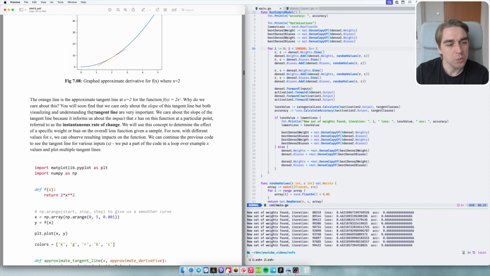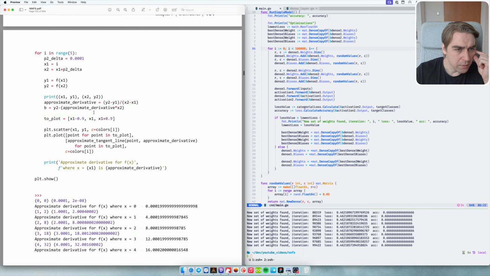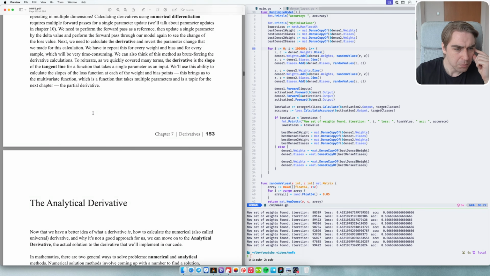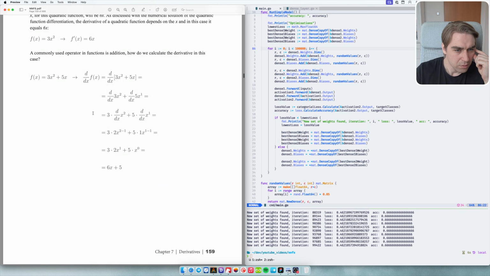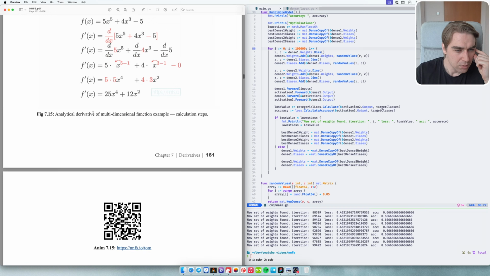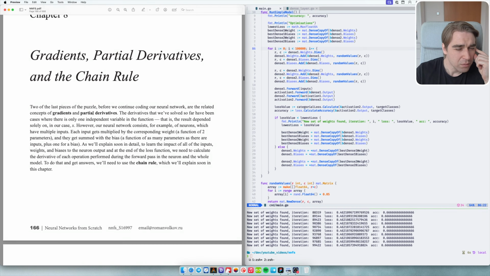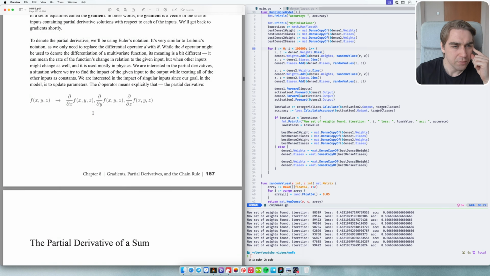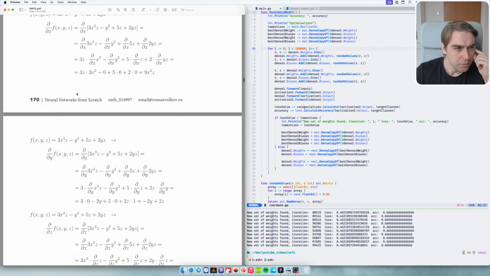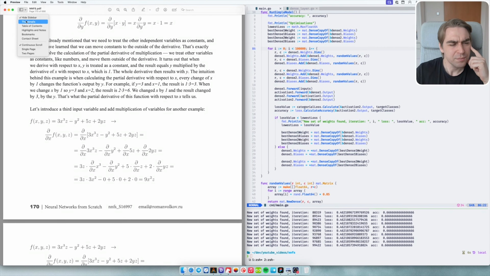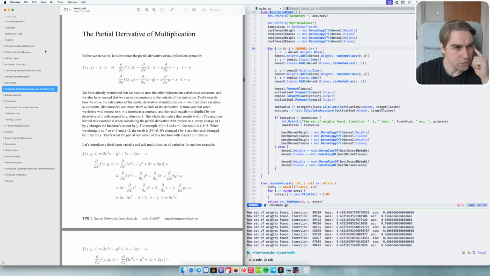Unless we use some of these functions later, then I will implement some of them, but it's mostly just math and gradients, partial derivatives, a chain rule. Okay. Yeah, I probably won't implement these